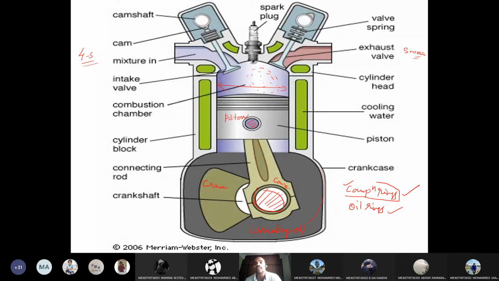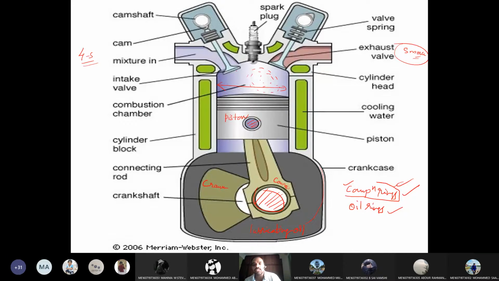Then you need to replace the complete engine, which is very costly. In the initial stage only the rings are sufficient. At the second stage, the piston can be replaced. At the third stage, the entire bore needs to be replaced, which is a highly costly affair. That is why smoke in the silencer means the piston rings are worn out.